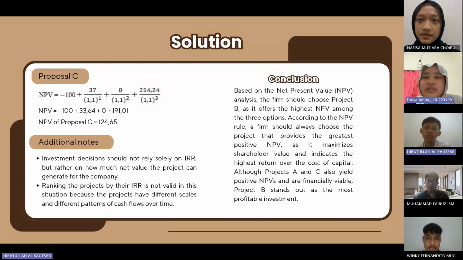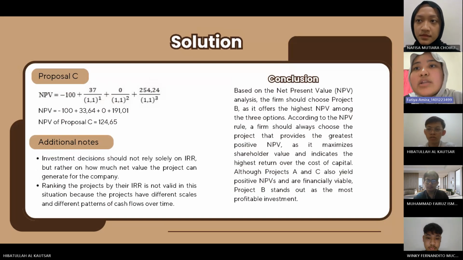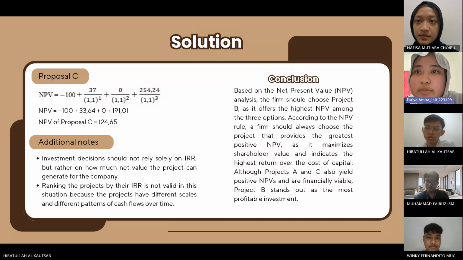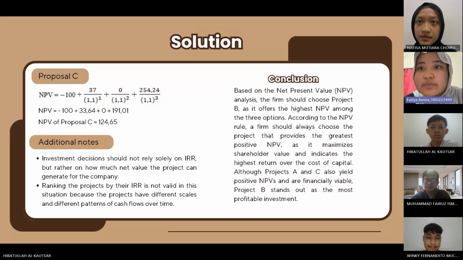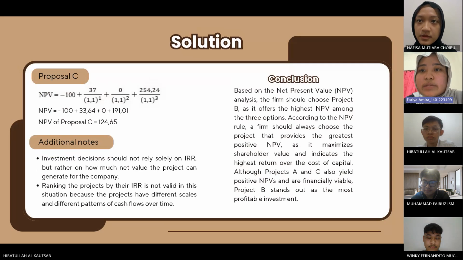124.65. And for the conclusion, based on the net present value analysis, the firm should choose project B as it offers the highest NPV among the 3 options. According to the NPV rule, a firm should always choose the project that provides the greatest positive NPV as it maximizes shareholder value and indicates the highest return over the cost of capital. Although projects A and C also yield positive NPVs and are financially viable, project B stands out as the